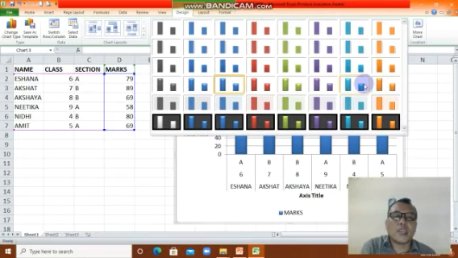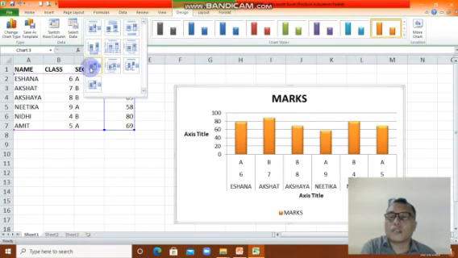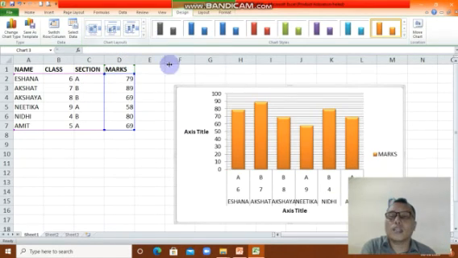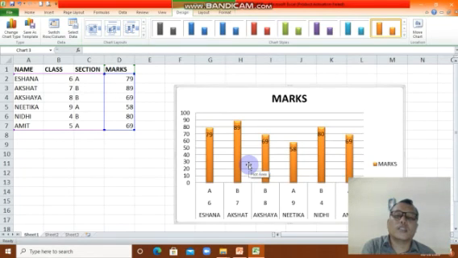For example, you want to choose gold. You can change it, kid. There are so many chart styles here. For example, this one, chart layout. You can change it. Just try it, try all of them. Okay, that's about the design.